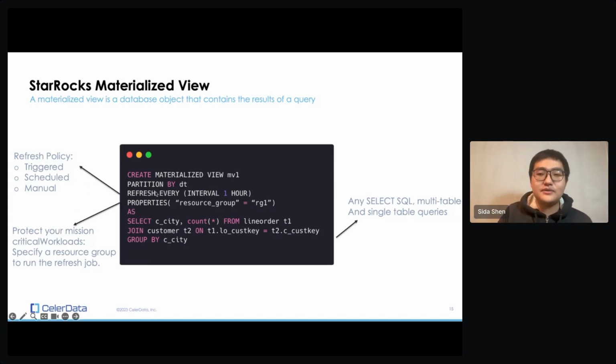And also, for the refresh, StarRocks supports three types of refresh policies. Triggered when there's a data change, or scheduled, or manual, right? It's self-explanatory. And also you can specify a resource group to protect your mission critical workloads, right? And also the materialized view select query can support all select queries that are supported by the StarRocks syntax,